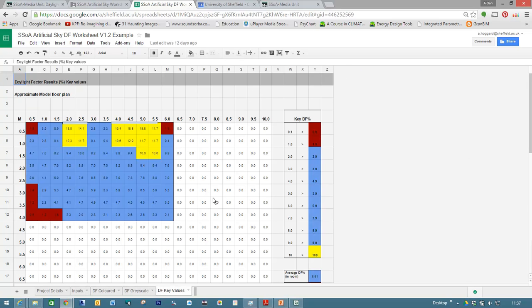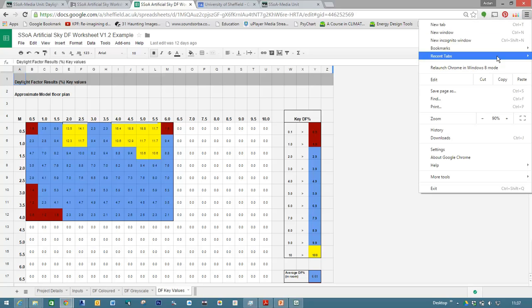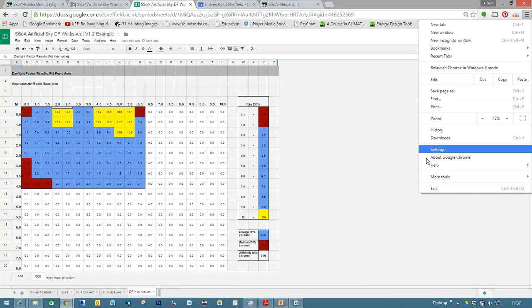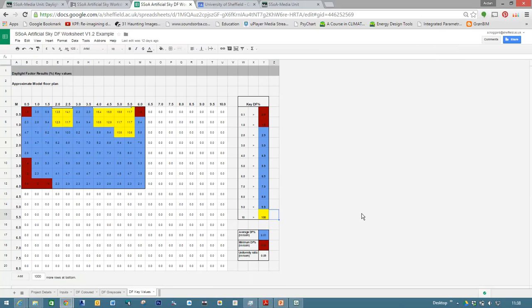Okay, so that's what a completed worksheet looks like. You're probably familiar, if you're using Google Chrome, you can zoom out. So if you find that the worksheet is not the right size in your browser, just zoom out a bit or zoom in a bit. You can do the same in other browsers, of course. Okay, so that's the completed worksheet. Let's just close that down. Let's go back